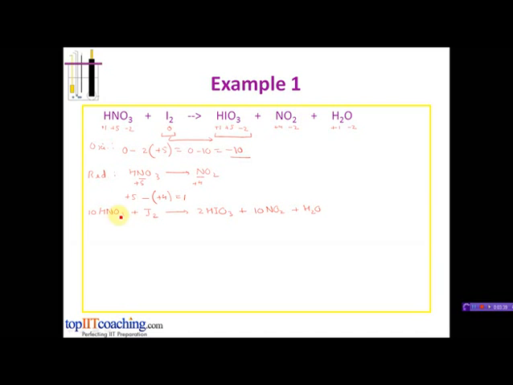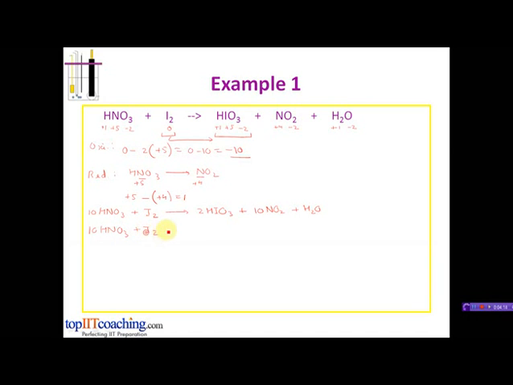10 into 3, that is 30 oxygen atoms are present on this side, whereas on this side there are 3 into 2, that is 6, plus 10 into 2, that is 20. That gives us 26 plus 1, 27. There are 27 oxygen atoms. So the right hand side is deficient of oxygen atoms. So for that case, we are going to add water molecules to the deficient side, that is the right hand side. So on adding 3 water molecules